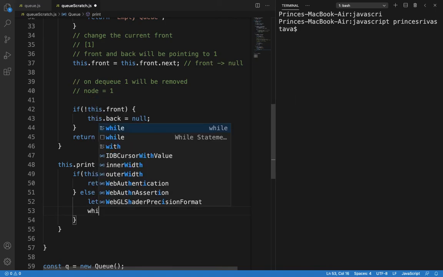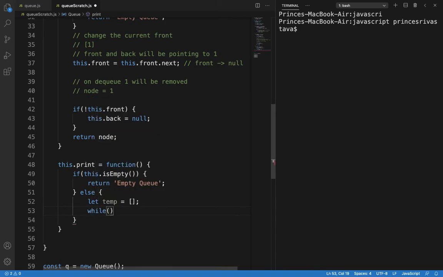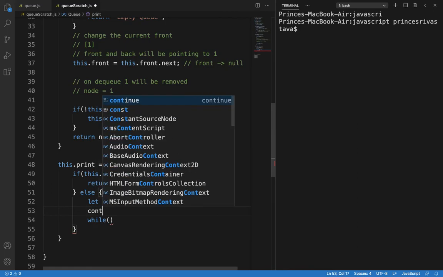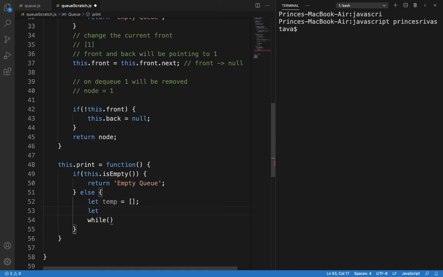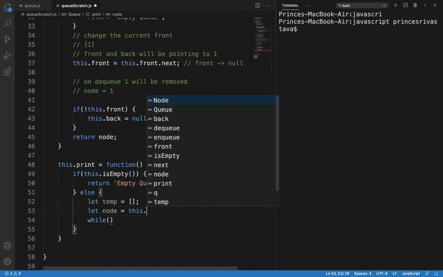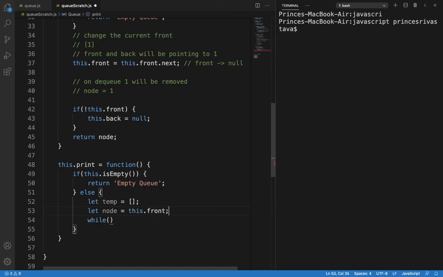Now let us take a node here, not constant, because we will need to change that. Let node equal to this dot front. So we will traverse from front to end.